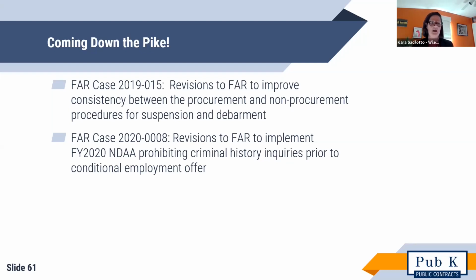But I pointed out two interesting FAR cases that relate to things that I haven't already discussed. The first one I really do hope goes through, which would be to align or combine the rules for suspension and debarment that are in the FAR and in the non-procurement common rule to make them more similar. Many of the restrictions, if you're debarred by one, you're debarred by the other. They're reciprocal. So there's a push to have them brought together more. And there are a lot of good ideas in the non-procurement rule that could be added to the FAR.